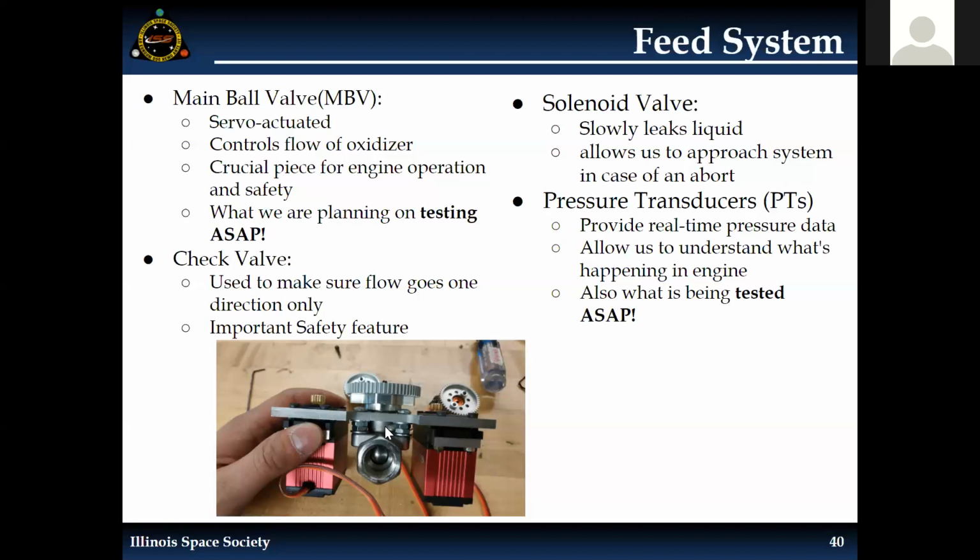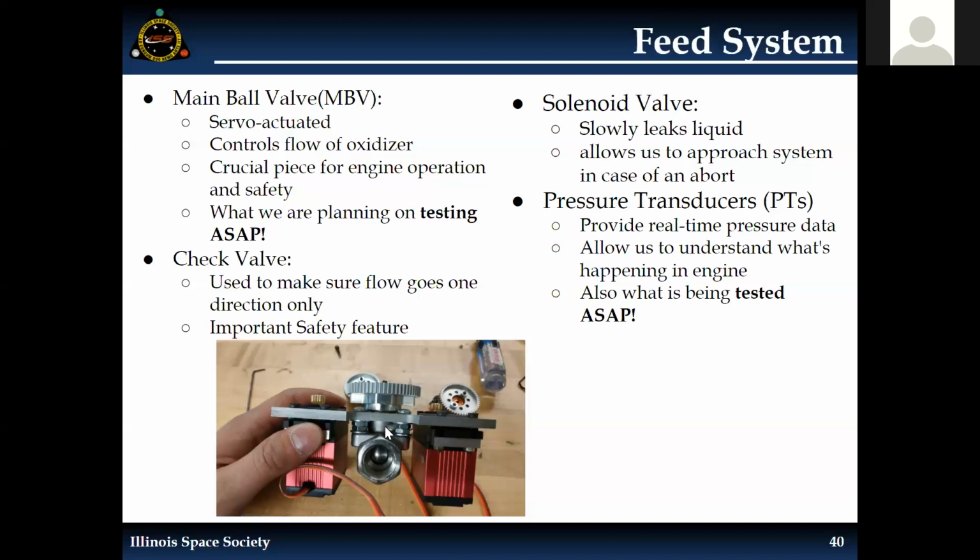Third thing is a solenoid valve. We've mentioned the solenoid valve because we used it with the oxidizer tank. What it does is it slowly leaks the liquid, so it's kind of like the backup safety thing. So if we ever have to abort,